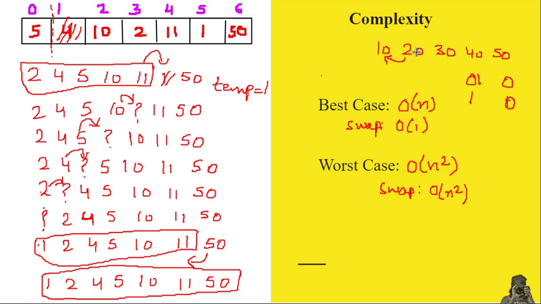So next again we have to move to the next. So again one comparison will be done and so on up to n comparisons. As many elements as there are, that many comparisons will be done. So that's why it is order of n here. But no swapping will be done because the array is already in a sorted form.